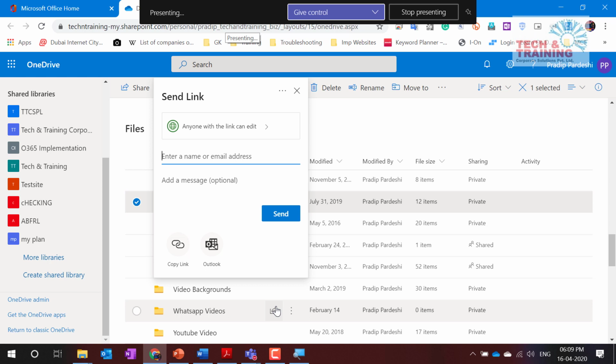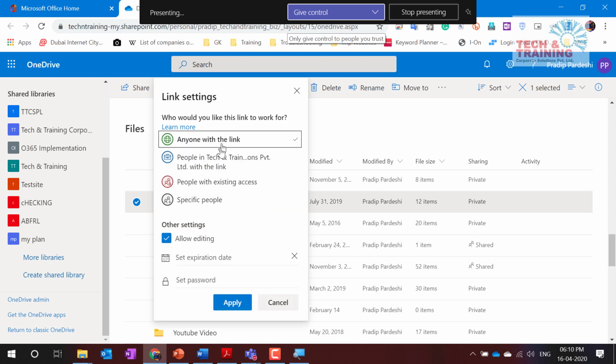Of course, you have to have the internet connection. When I click on this particular icon, I have this option which says anyone with the link can edit. Okay. So I have this option by default in most of the corporate organization. In most of the organization, you have this anyone with the link, people in tech and training, people with existing access, and specific people. Yeah.